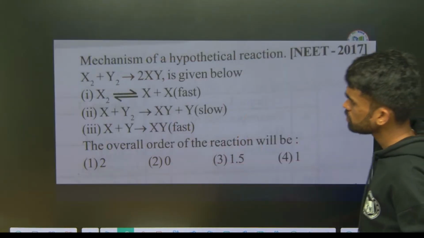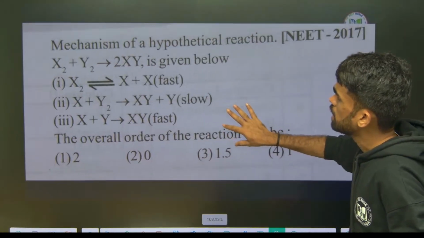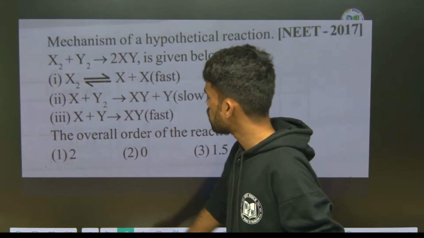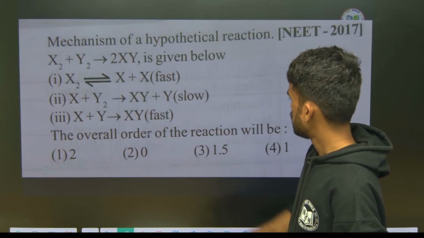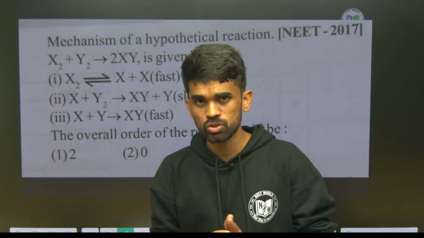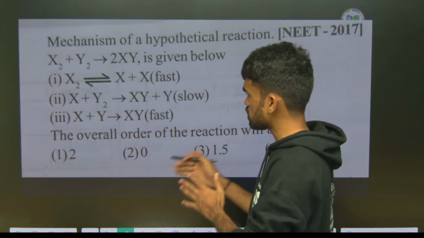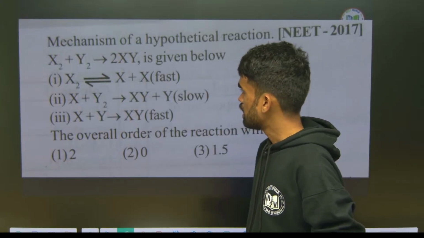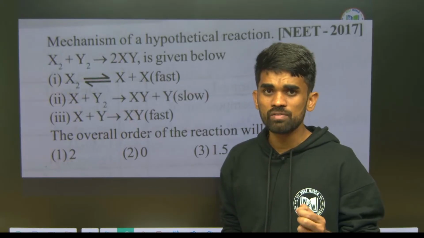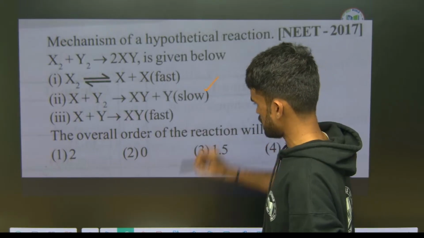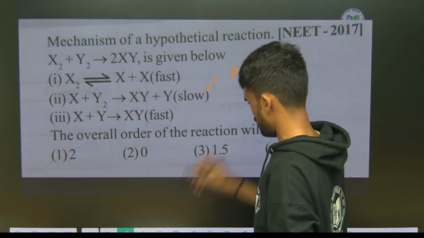Next, here again look at here, a mechanism of a hypothetical reaction is given like this, okay. So you need to write the order of this reaction. So always remember, order of the reaction should be taken with respect to reactants, that is one thing. And order of a reaction is always determined from the slowest step, okay. It means this is the slowest step, so rate law should be written as